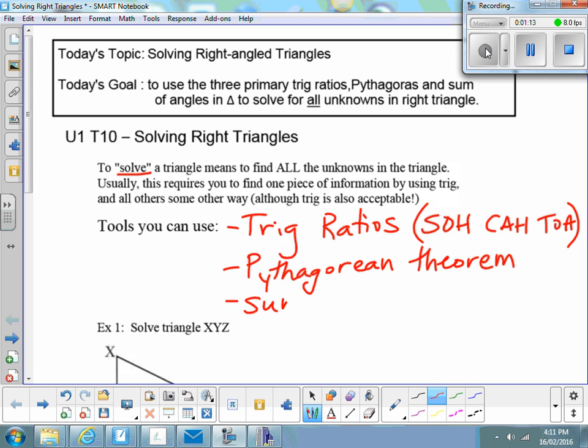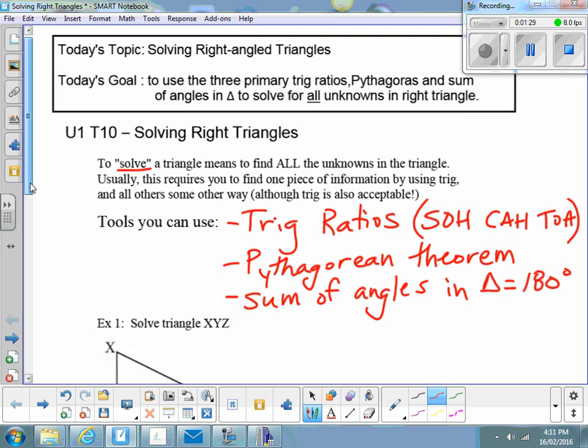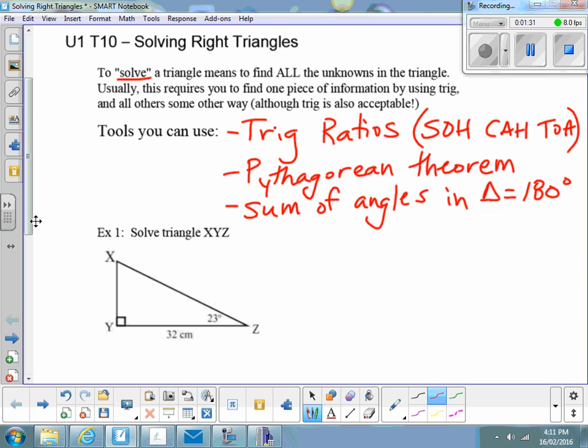And the sum of angles in a triangle is always equal to 180 degrees. So if at any point we know two of the angles, we can just subtract them from 180 to figure out the third angle. So in example 1 here,